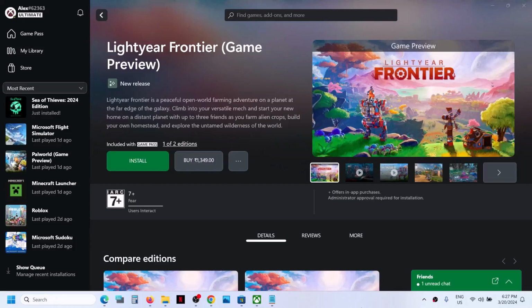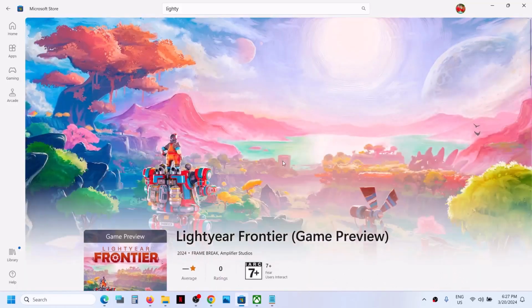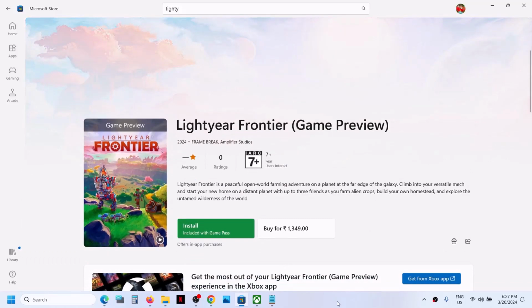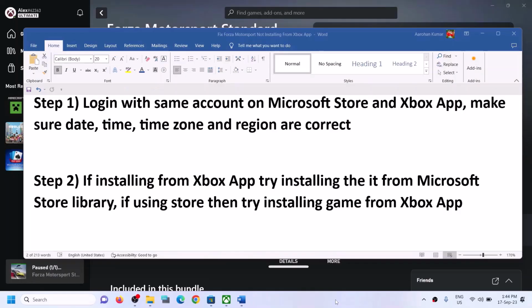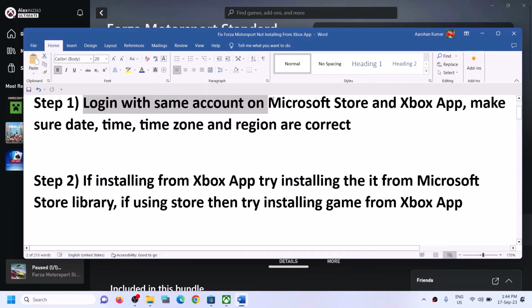Today in this video I'm going to show you how to fix when you're unable to install Lightyear Frontier game from Xbox app, or if you're unable to install it from Microsoft Store, then please follow the steps shown in this video. The first step is to log in with same account on Microsoft Store and with same account on